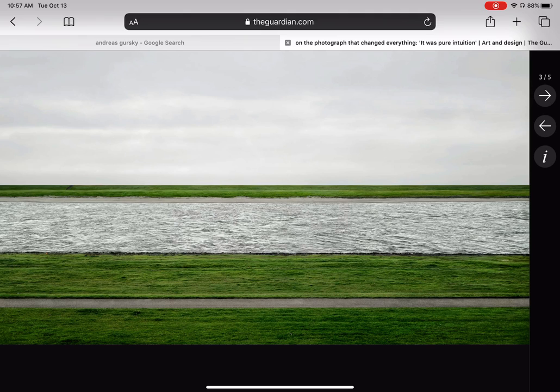So as you can see here, what's at play is the base. Right off the bat, you can see the composition, right? Just like Bernd and Hilla Becher, you can see those horizontal lines. Boom, boom, boom, boom. It's basically a Rothko painting. Then you have these green patches, it's almost a two-tone painting. You have this gray and green. You have this play of scale, right? Where you have, I'll